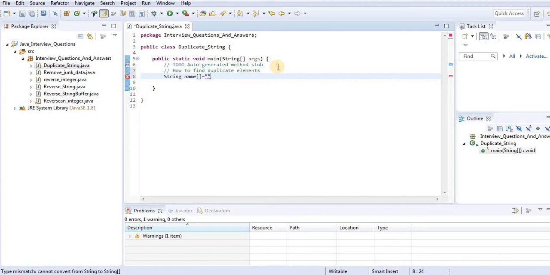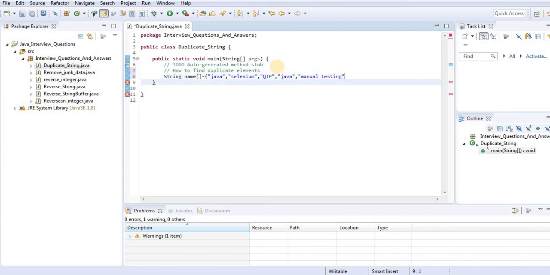So here, for example, one string is Java, then Selenium, then QTP is there, then again Java is there, and next is Manual testing.